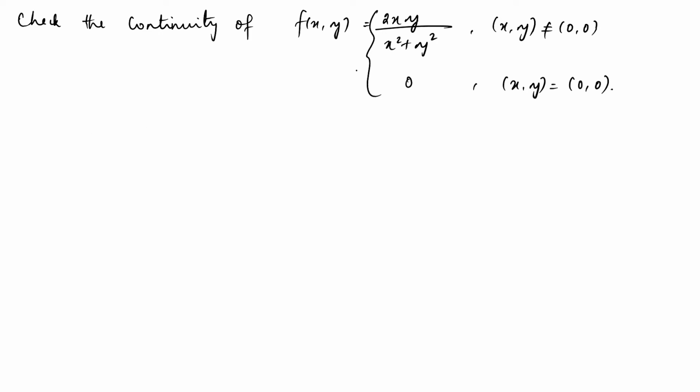Okay, suppose the boxed one is not given. Now tell me whether your f is defined at 0 comma 0. No, sir. Not defined. So that is why we have specifically given the value of the function at this point, right? Now, I was repeatedly telling that all the ideologies in the one variable case shall be extended to the two variable case. That we have seen with polynomials.